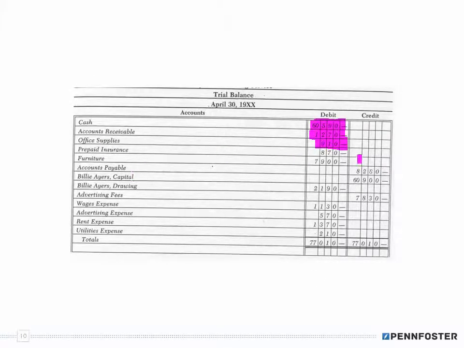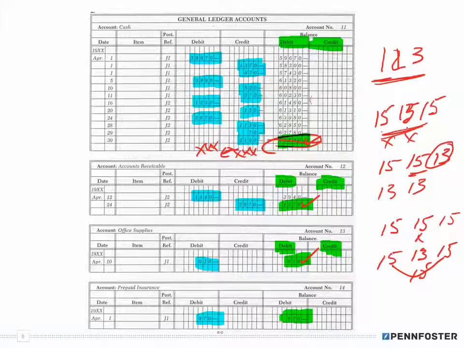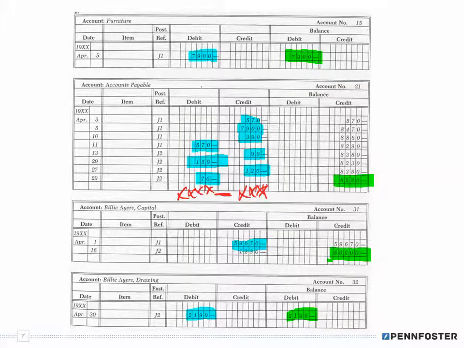Which prepaid insurance, a balance of $870. And again, if I had a mistake somewhere, I would go back onto my original and I would correct it. So that's the idea. So let me just skip past doing all that stuff manually. I am going to